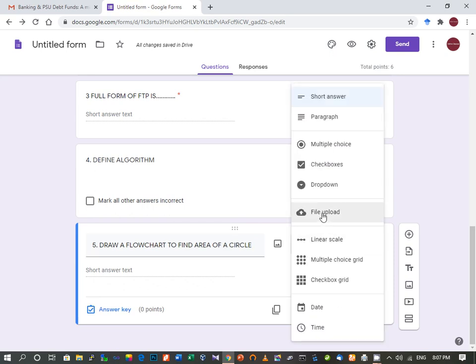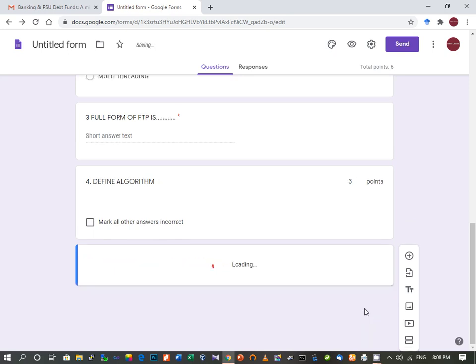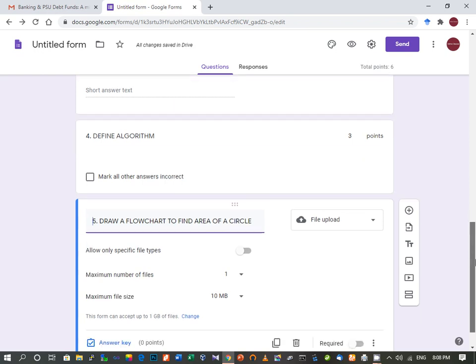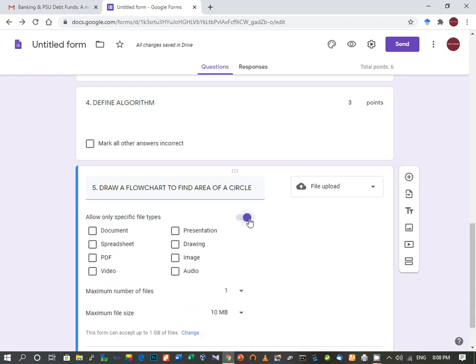Here we have to choose file upload, where we are asking the student to upload something. You click on this, then click on continue, and here we have to do some settings, like allow only specific file types. Suppose you have to mention the type of file the student is going to enter: let it be image, then document, like the student can draw it in MS Word and send, and some drawings.